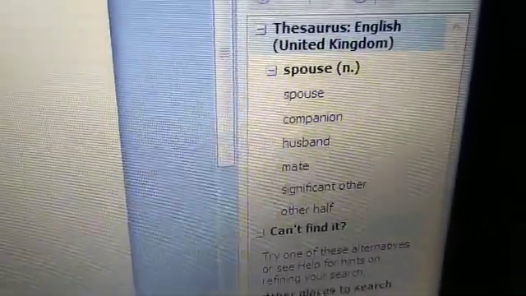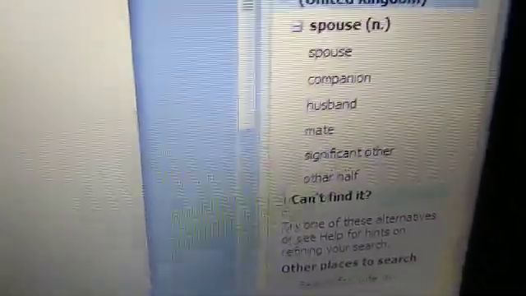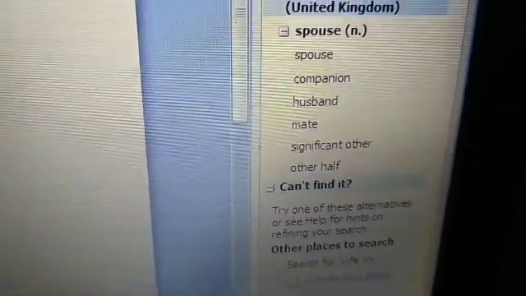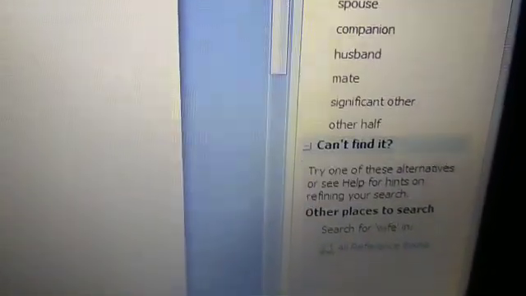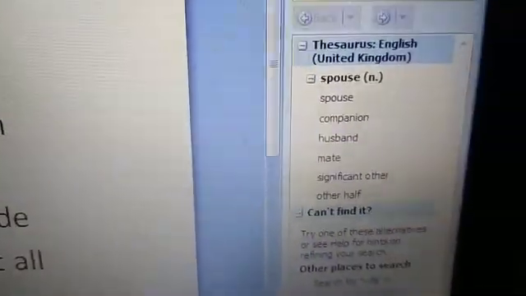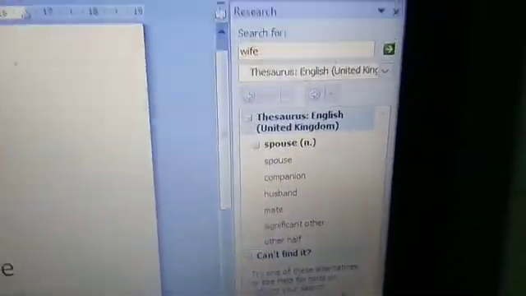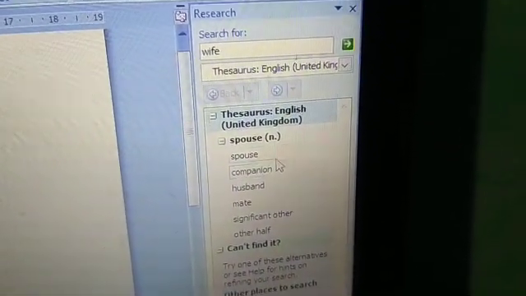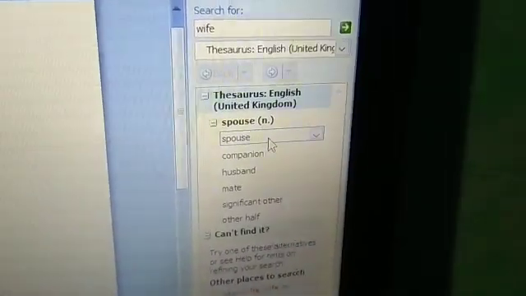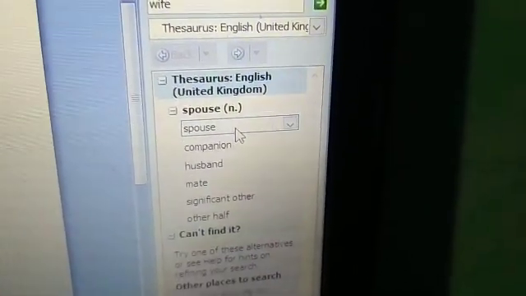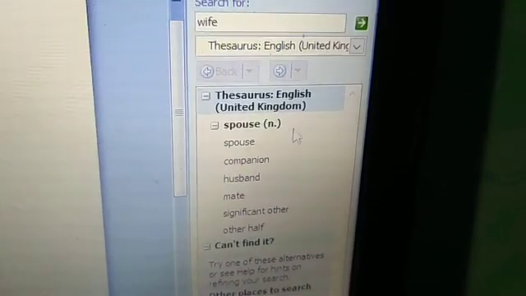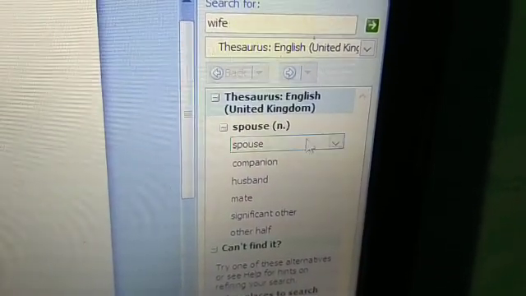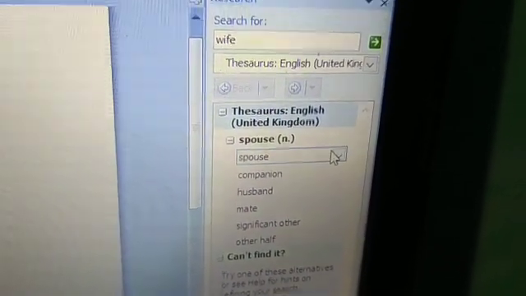So here you see companion, spouse, mate, these synonyms. So suppose you have chosen spouse. Select this one, there is a down arrow.